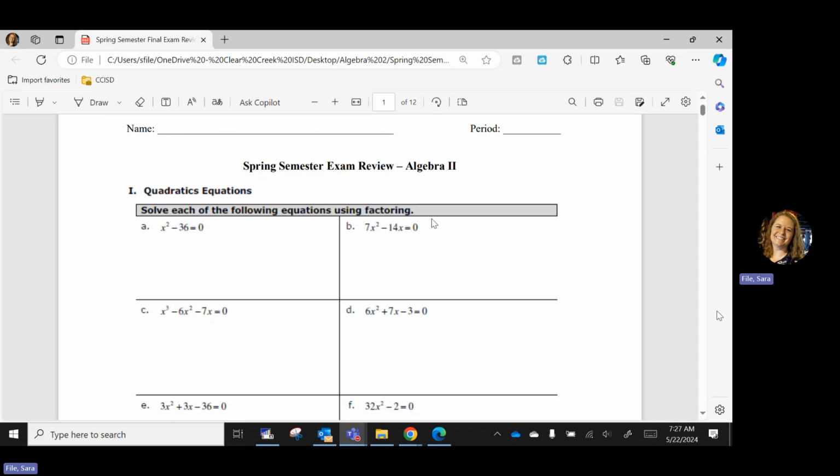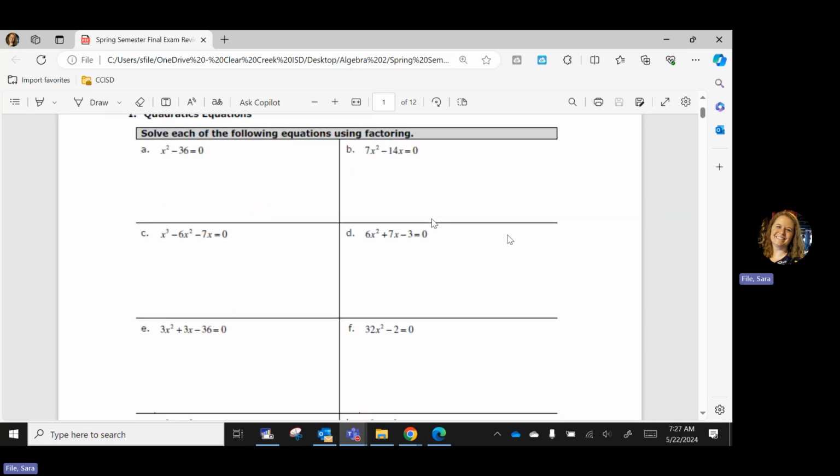We did a unit where it was all about the graphs and transformation rules and key features of the graphs and things like that. And then we had a unit where it was more about solving equations, okay? So there's a mixture of quadratics practice on this review. In this first section, it asks us to solve each of the following equations using factoring. Now I am going to go through this and factor, but I want to remind you, if you are